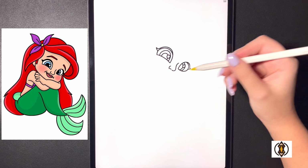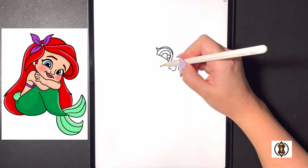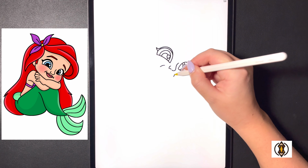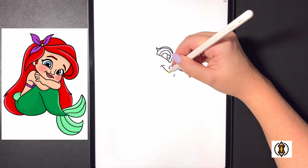And now we'll come in on a diagonal and draw in the mouth. So coming up on a diagonal on the left-hand side, we're going to draw a small curved line. And then coming down on a diagonal again, we're going to draw in another curved line. Now from here, we're going to draw in a curved line from left to right, arching this all the way